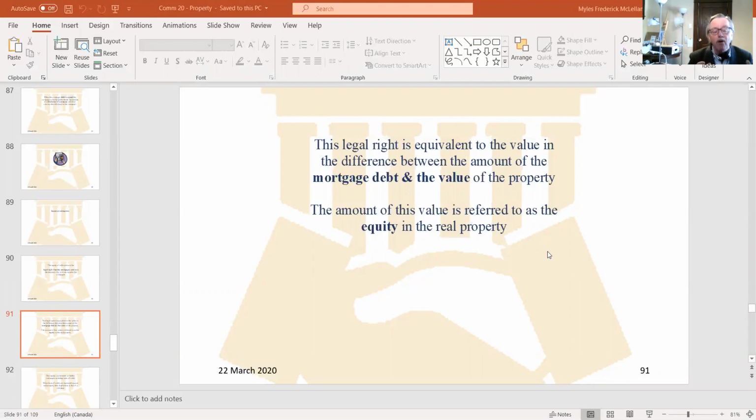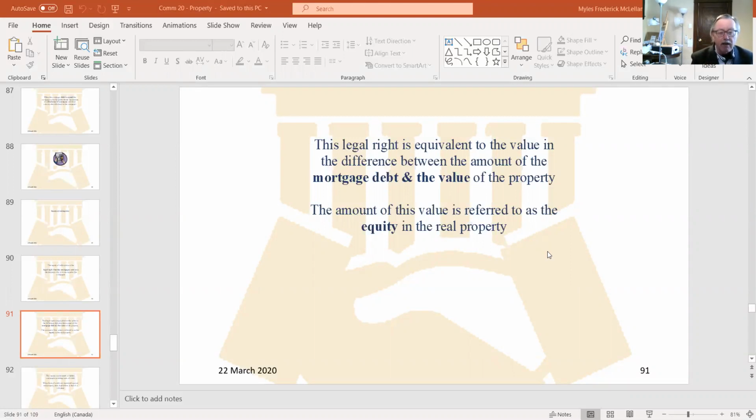So your equity in a piece of property is quite simply the difference between whatever debt is owed against it and whatever the value of the property is. If you own a piece of property for a good number of years, and properties tend to rise in value over time, and your mortgage debt will decrease over time, then if I have a mortgage for 10 years, my equity will essentially be a combination of how much my property has risen in value, that's the market value, and the chances are it will have gone up,